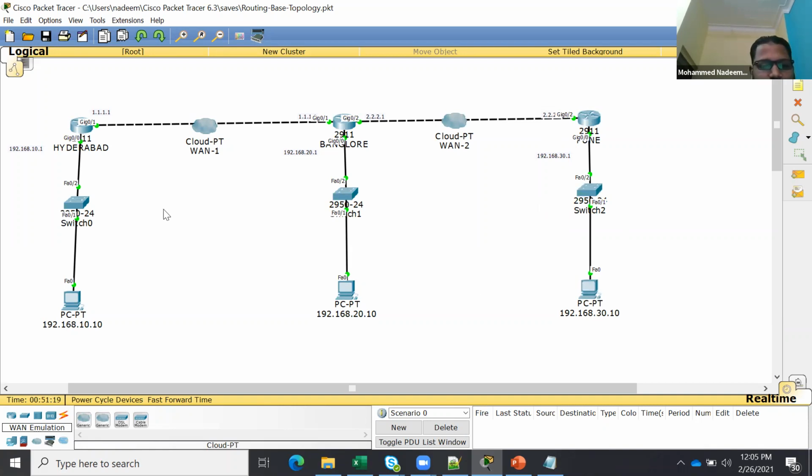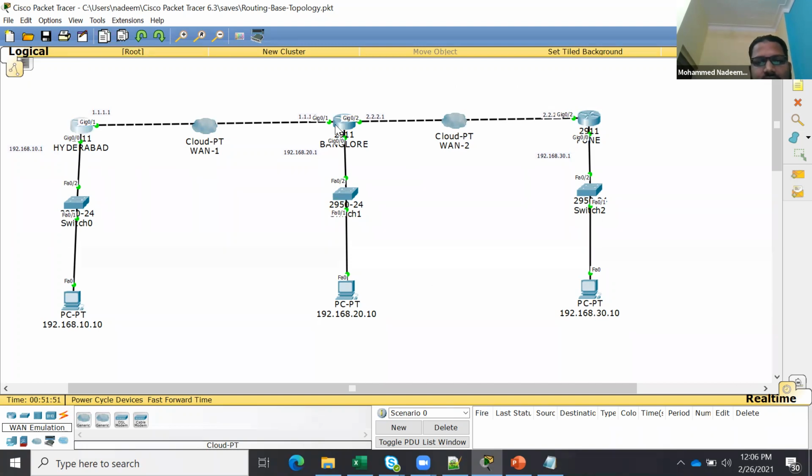If the Hyderabad LAN wants to talk to Pune LAN, in the Hyderabad router you should have this entry, this entry and this entry. That is where routing comes into the picture. You need to define the networks that are not directly connected. To the Hyderabad router, I don't know this network, this network, or this network, so I'm going to add those routes.